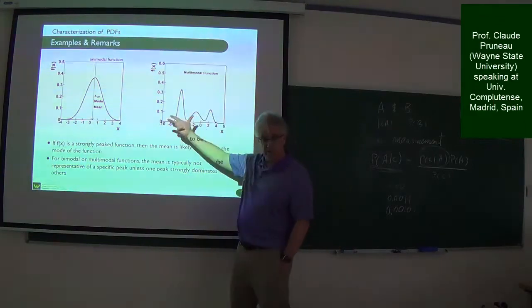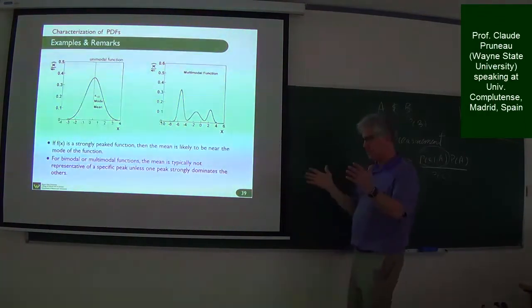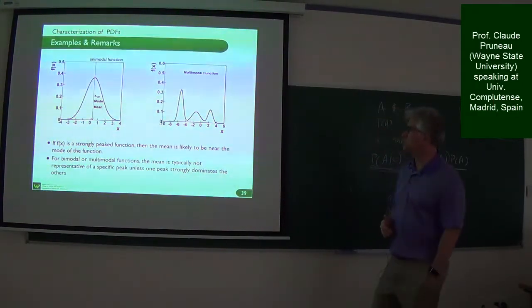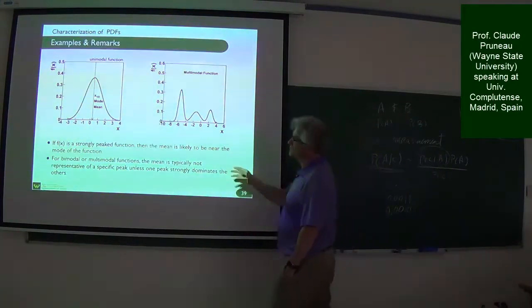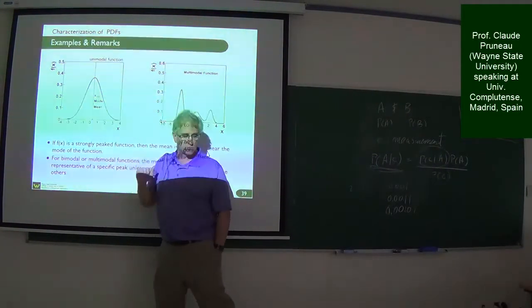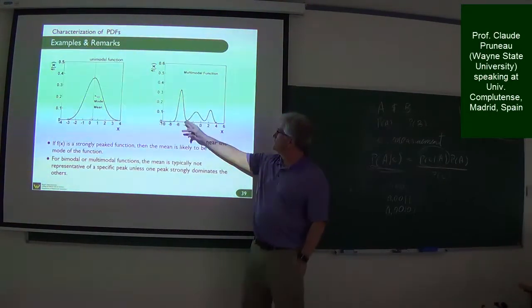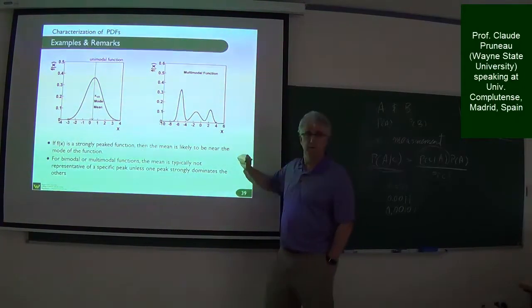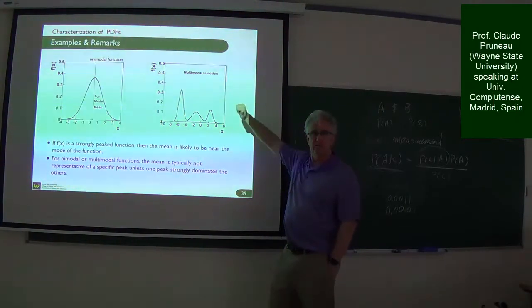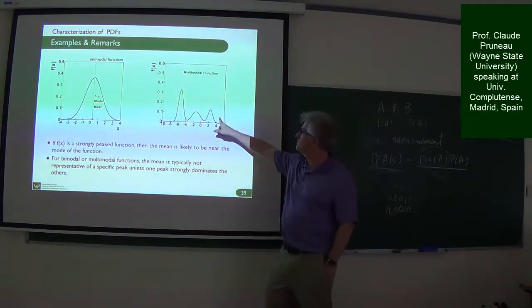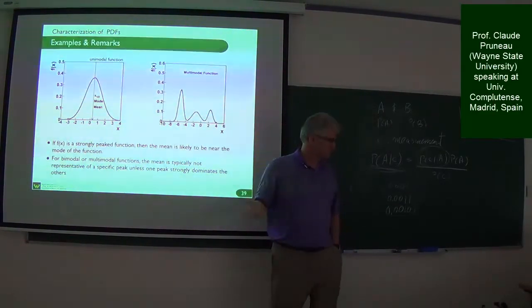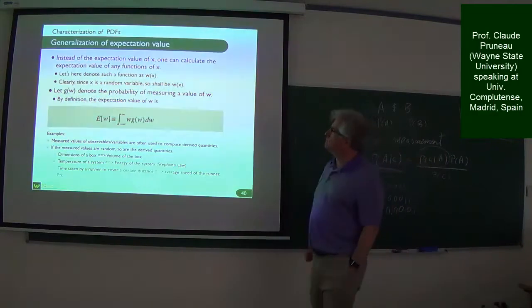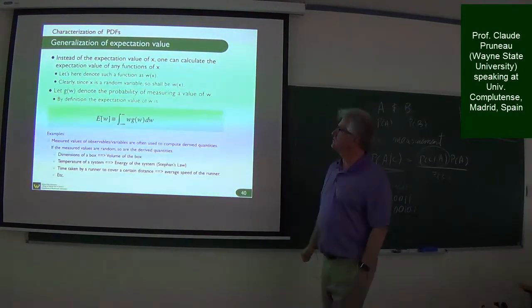So these are three ways of characterizing basically what the measurement value will be when we carry out repeated measurements. This is known as a unimodal distribution because it has only one peak. If the distribution has many peaks, it's known as multimodal. If you've been teaching physics for many years, you know that students typically have a bimodal distribution. Moving on. So to make this interesting, so we now